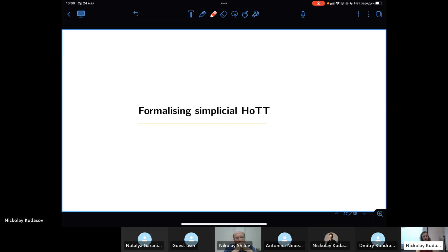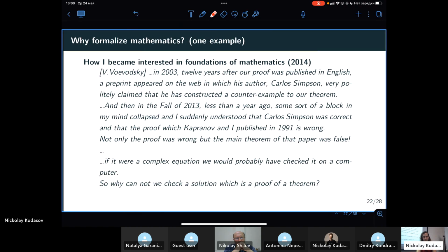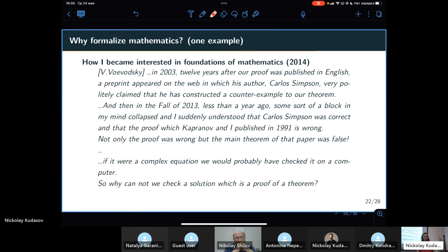And so the final thing that I would like to end this presentation with is some of the applications for the proof assistant that has been developed in the spring. First, I would like to briefly mention why we should formalize mathematics at all. For some reason, I particularly like the story that Vladimir Voevodsky has been talking about, his personal story, that he had